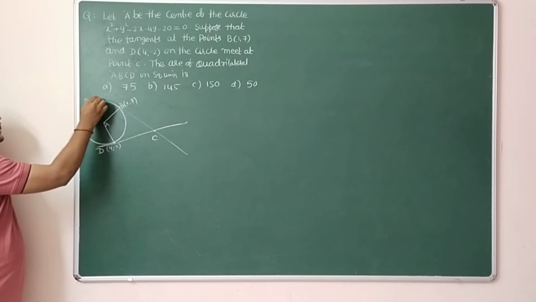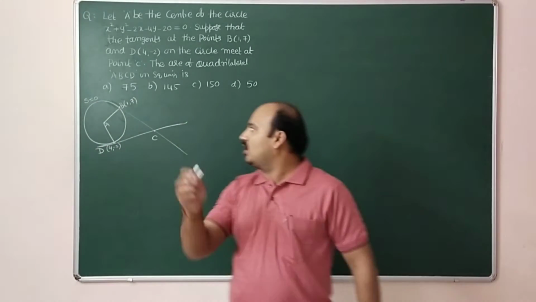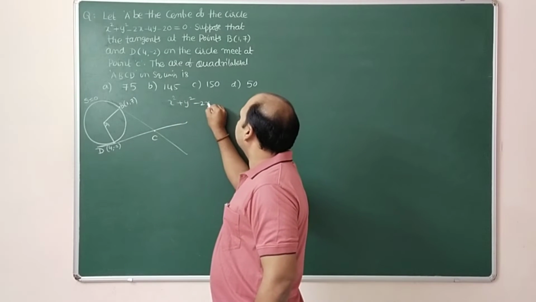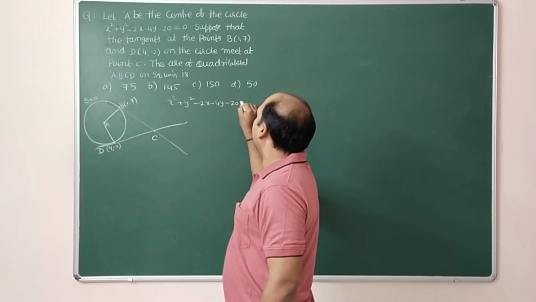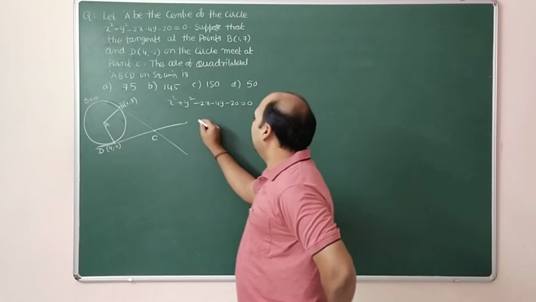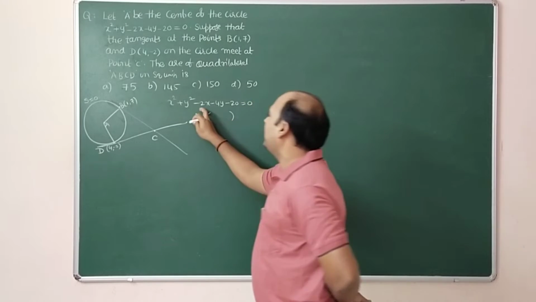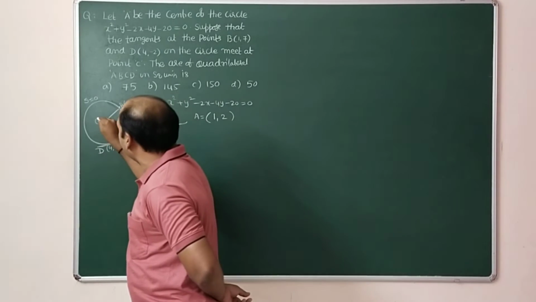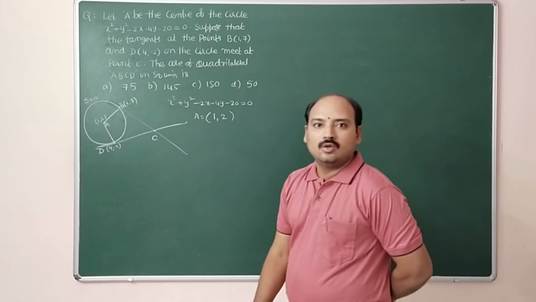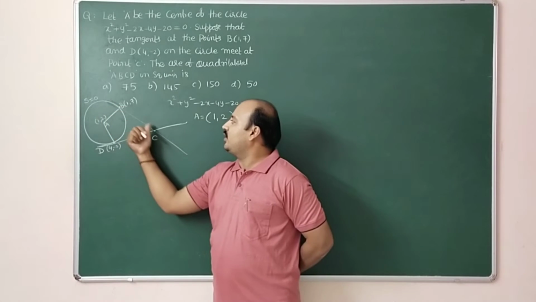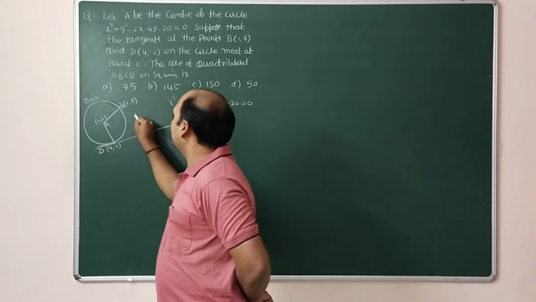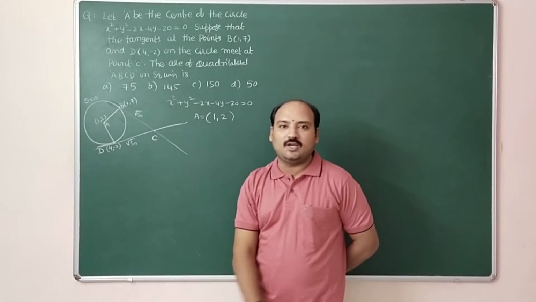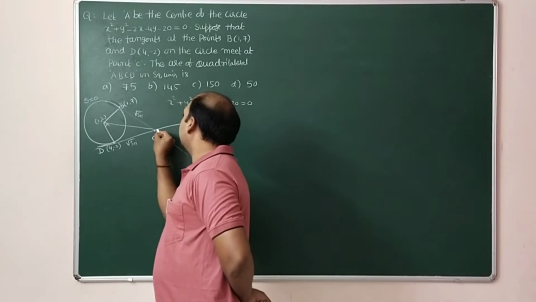This is S equal to 0, the given circle: x square plus y square minus 2x minus 4y minus 20 equal to 0. Center of the circle A is equal to (minus x coefficient by 2, minus y coefficient by 2), so (1, 2). We know that from here to here is called length of tangent, root S11. Even from here to here is also root S11 from C point to here. If you join like this,